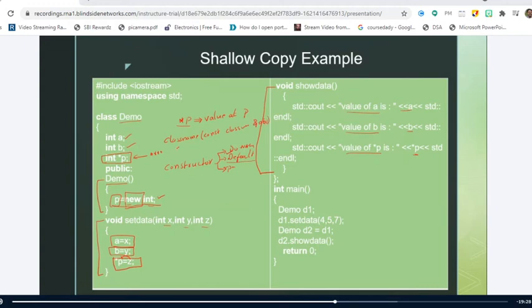This is how you have to define the copy constructor. Is there anything that matches with this syntax? My question is simple, whether you have defined any copy constructor for this class or not. No, sir. So when you don't give an explicit copy constructor, does the compiler provide us with the copy constructor or not?